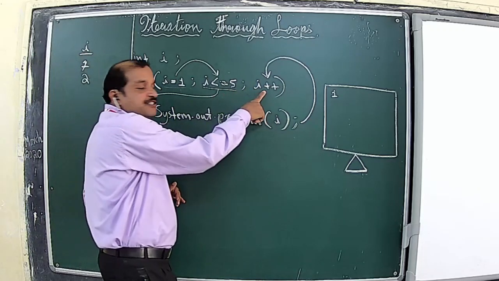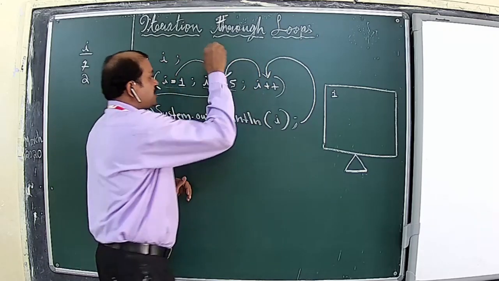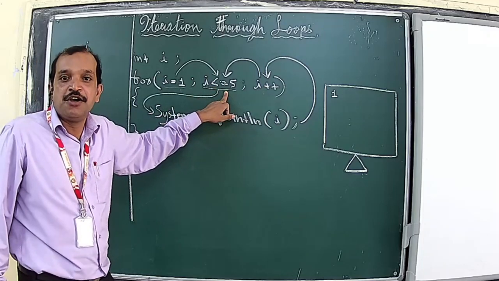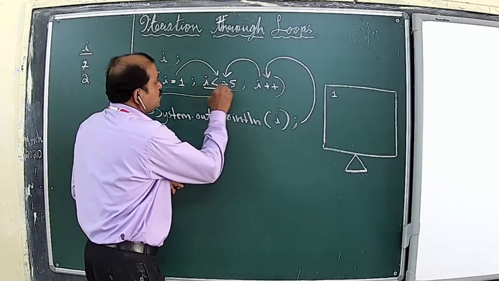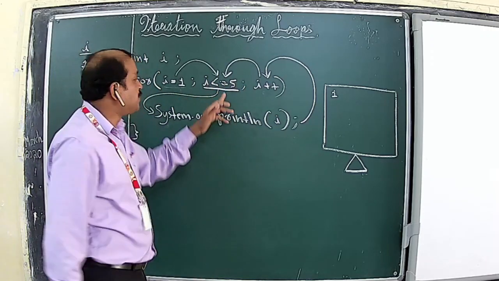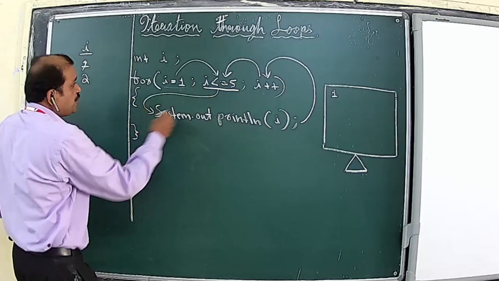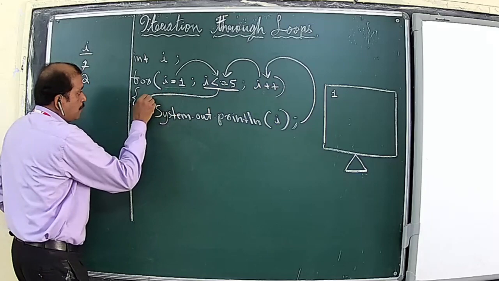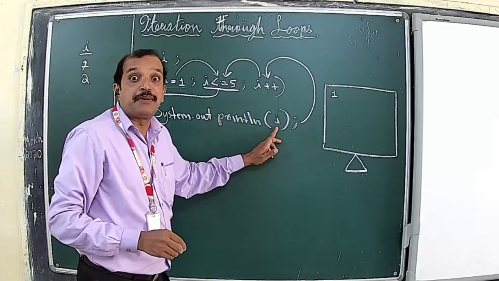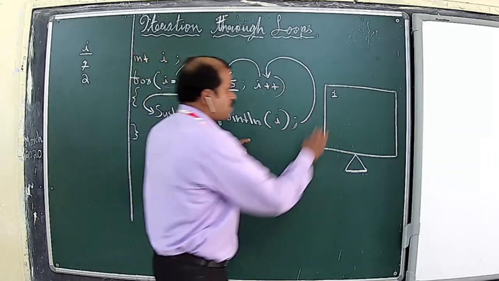After the update expression, again the control of the program will proceed to the test expression. Now again this test expression will be tested, and since the value is 2, 2 is less than or equal to 5. It's a true logical expression. Since it is true, again it will proceed to the loop body and the value of i will be printed again, definitely on the next line, since it is a println statement.